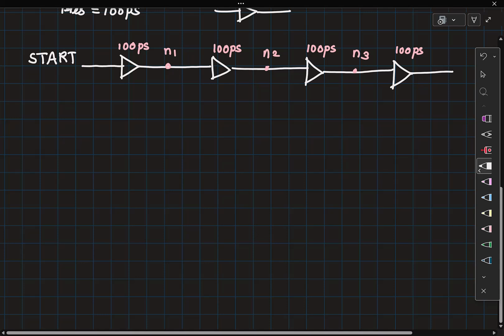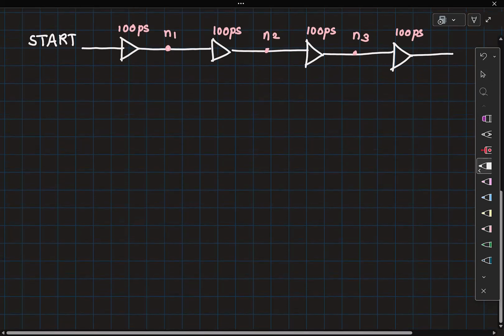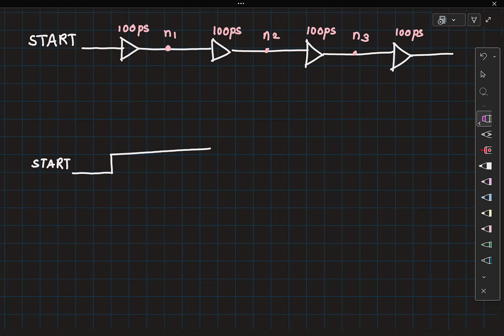Then if my start signal went high here, then the N1 waveform is going to go high after 100 picosecond delay.